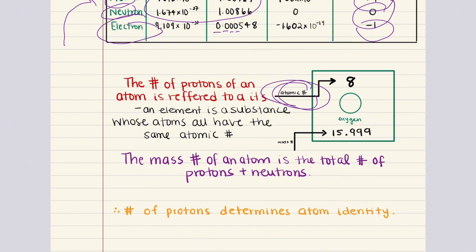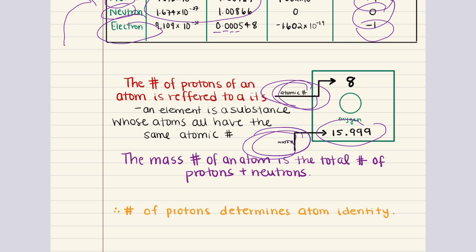While protons define an element, protons and neutrons collectively contribute to the mass. The mass number of an atom represents the total number of protons and neutrons in the nucleus. Neutrons do not affect the atomic identity, but they do determine an atom's isotope. These are atoms of the same element that have different numbers of neutrons. For example, for oxygen, the atomic number 8 tells us there are 8 protons in every oxygen atom. The mass number is approximately 16, meaning most oxygen atoms have 8 protons and 8 neutrons, since 16 minus 8